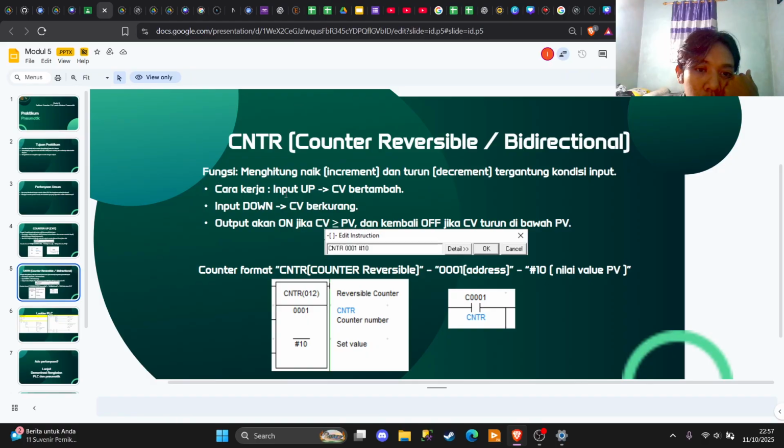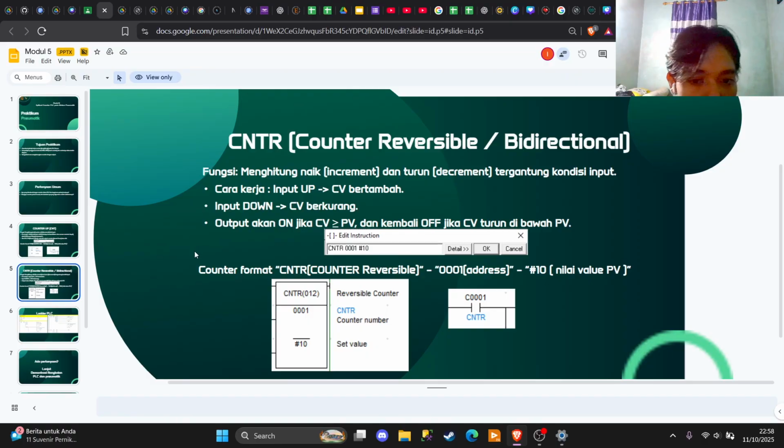How it works is, with the input up, the CV will always count up, and if you put down, the CV is gonna go down. The output will turn on if CV is higher than PV, and off if CV goes down to the PV.